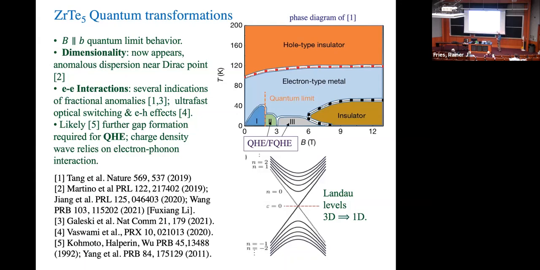So this is temperature versus magnetic field. We're in a magnetic field of 9 Tesla. However, our system has more electrons, so we're in the regime of the quantum Hall effect in our crystals also. When you go to high temperatures, you go over the peak, and the electron to hole transition just means the conduction type changes character. And as we showed, there's actually a Lifshitz transition between those. But at lower temperatures, what can be seen in a magnetic field is